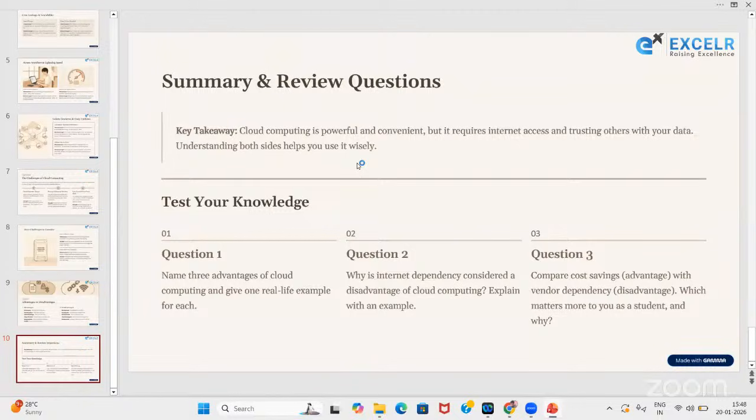Exactly, Ravi sir. It was a good point. As a student, cost matters. As a startup, it's very important.